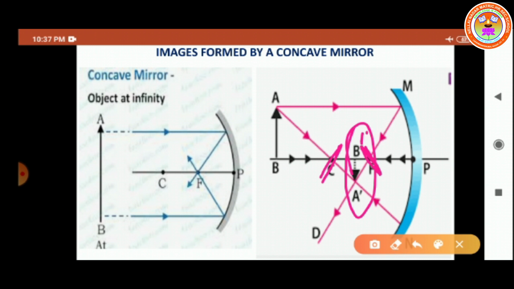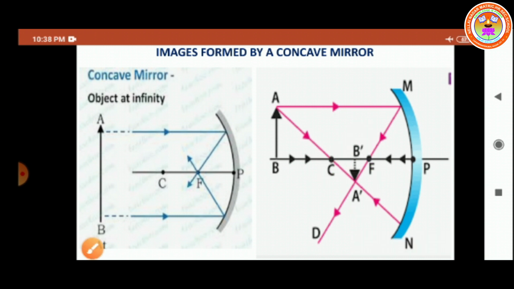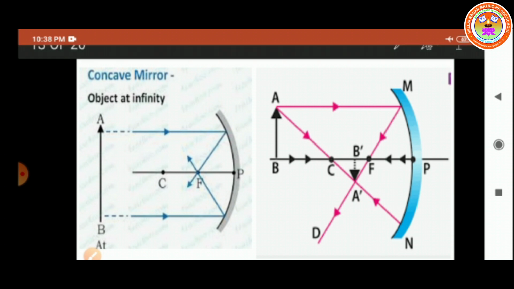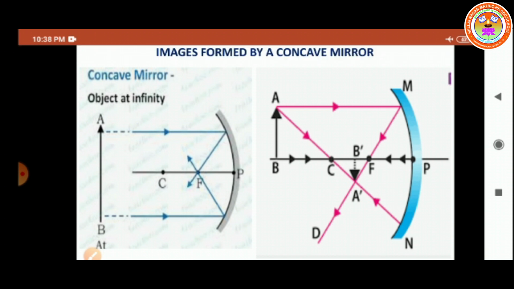For the 8th standard, you don't have ray diagrams given. But if you know the ray diagrams, you will be able to understand the tabular column. That's why I am giving this. So AB is taken as the object. The object is beyond C, and the image will be formed between the C and the F only. The image is diminished, but it gives us a real and inverted image, formed between C and F.